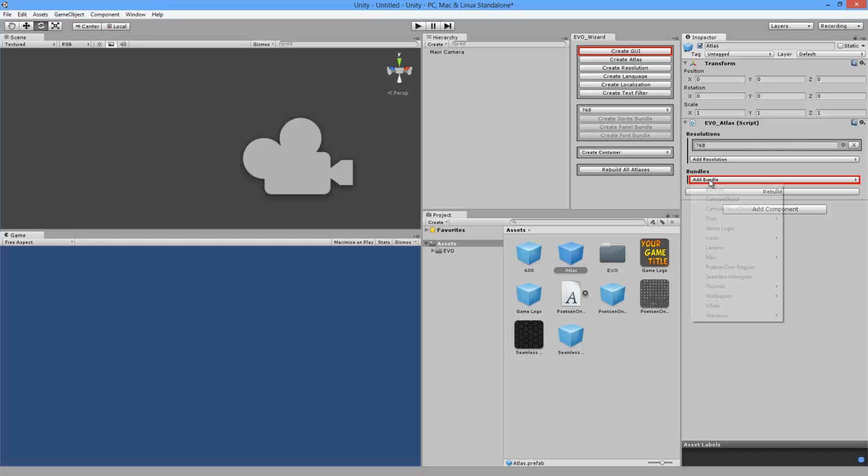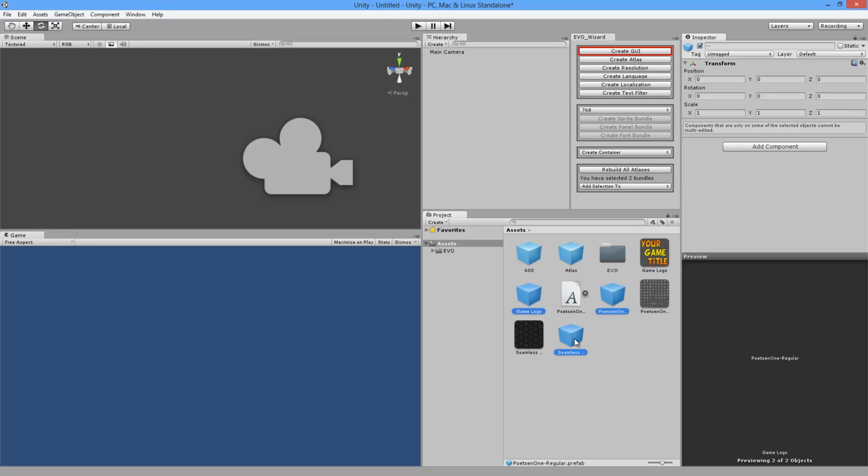Next, we need to add bundles. You'll see this list has lots of items. This is because it includes all of the EVO example bundles. If finding bundles in this list is too tedious for you, then you can just select the bundles in your project window like this. See, I've selected 3 bundles,